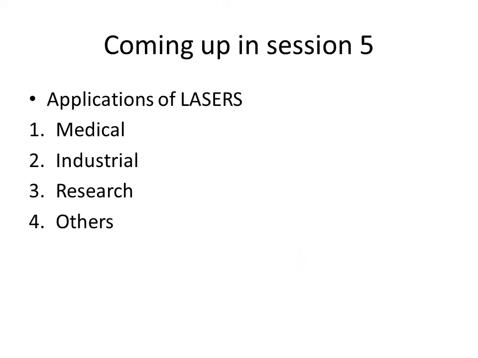Coming up in session 5, we will mainly see the applications of lasers, but before that we will compare these two lasers again in terms of the number of energy levels we use to create population inversion. For example, how many energy levels you require in order to create population inversion